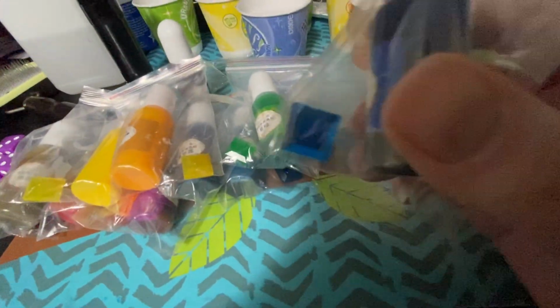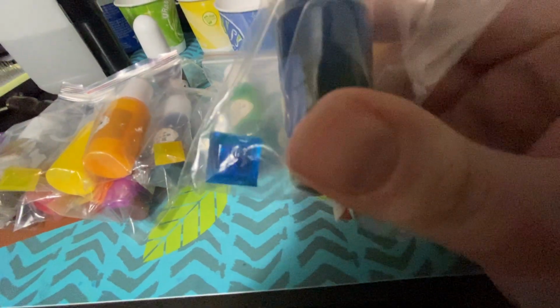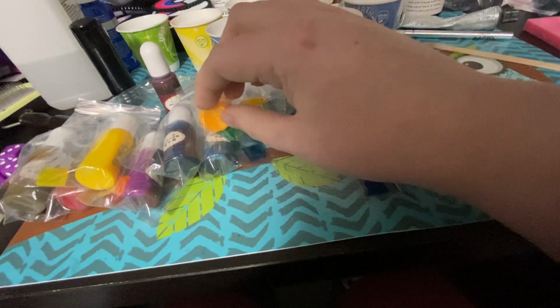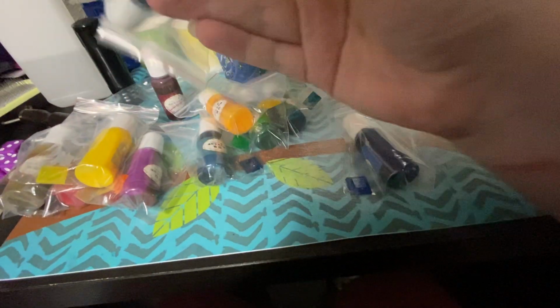This is another blue. Truly, it looks a lot like...